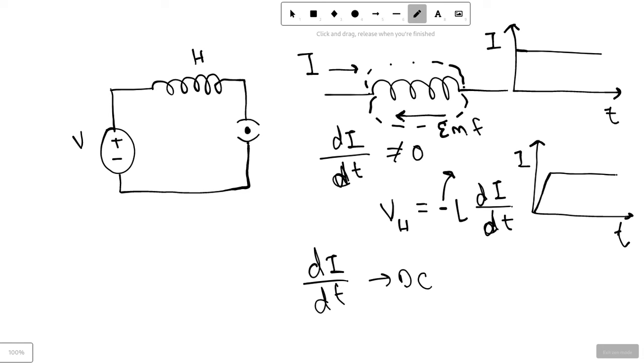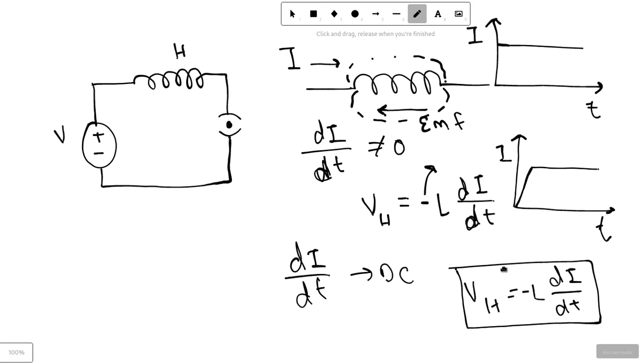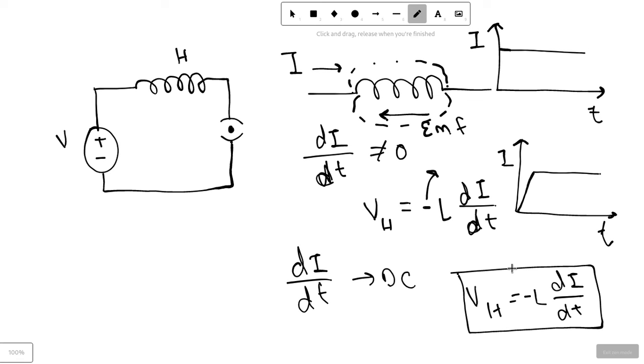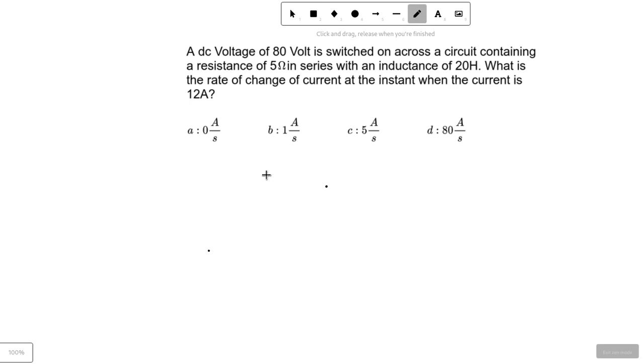And that is where the inductor can create a back EMF. So we do have Vh equals minus L di by dt, at least in the transient phase of current, even though it is not present in the steady phase of current. Now we have looked at the behaviors of the components resistor and inductor in the circuit,